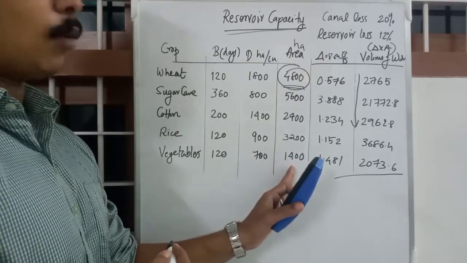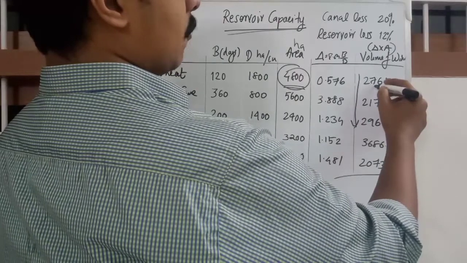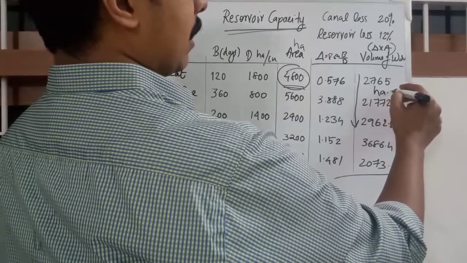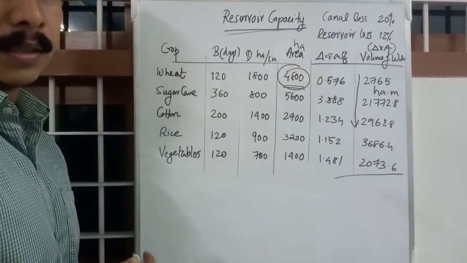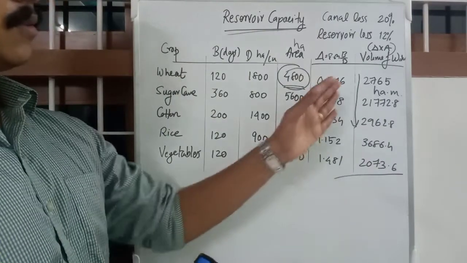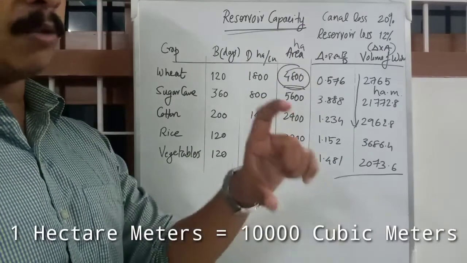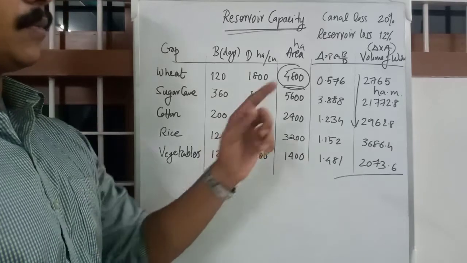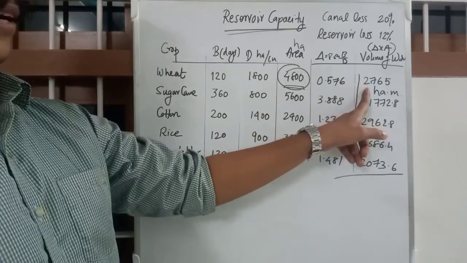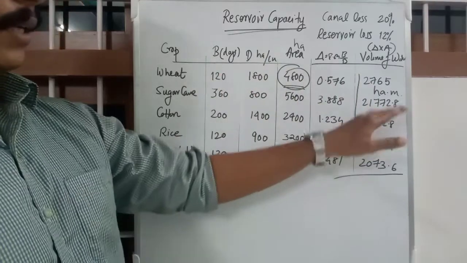So this volume will be in hectare meter. The logic is that for 1 hectare of land there will be 1 meter of height of water. So 2,765 hectare meter of water will be needed for wheat,